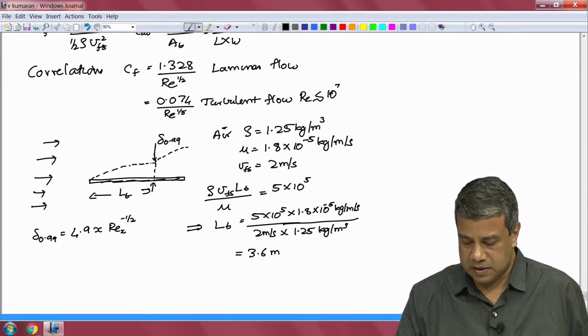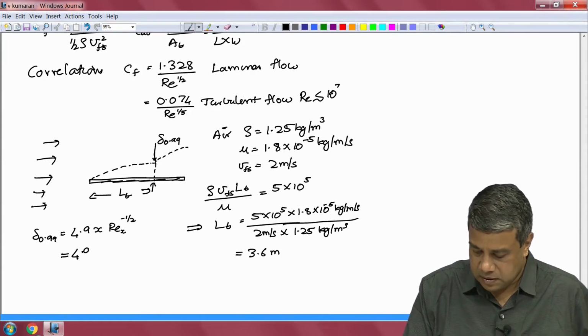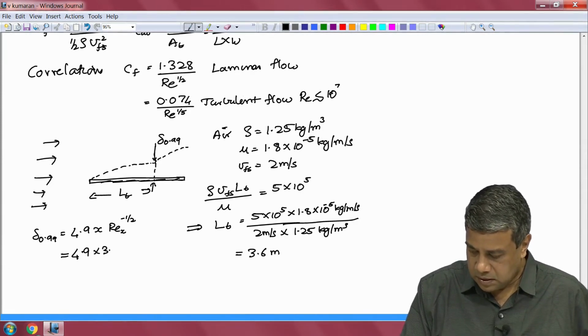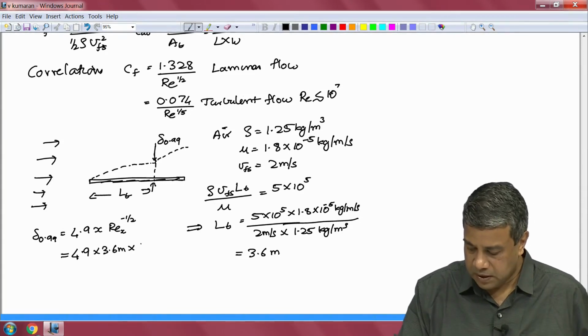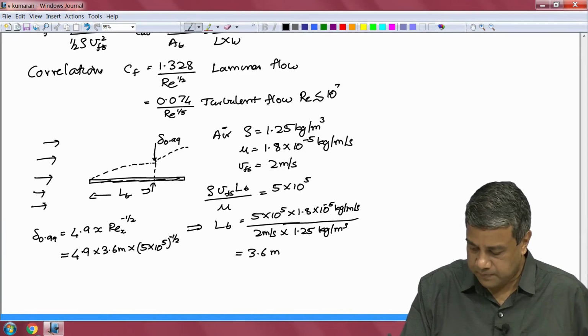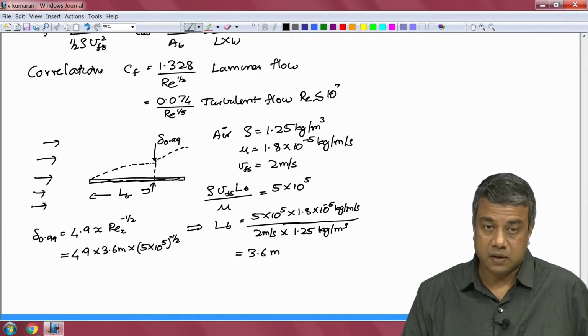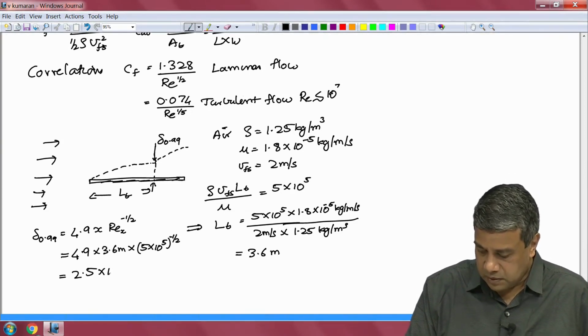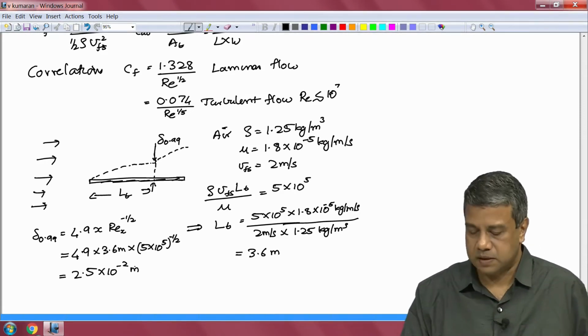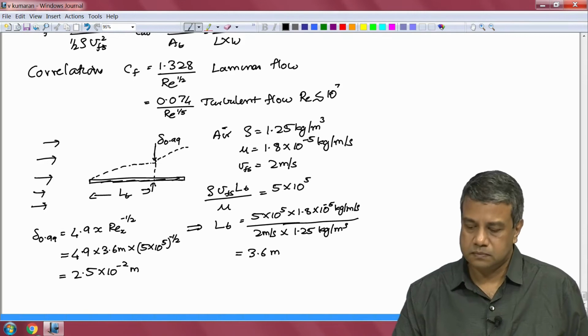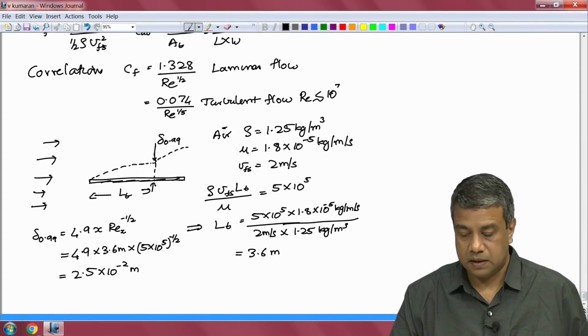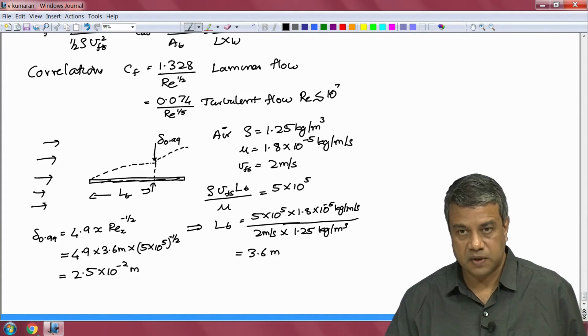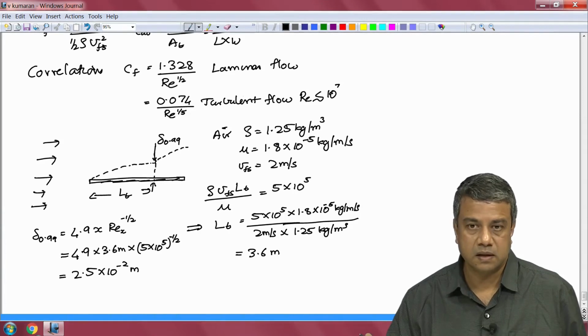And in this particular case, the downstream distance is 3.6 meters, and this is 5 into 10 power 5 is the Reynolds number, to the power minus half. And you can do this calculation. You will find that this is approximately 2.5 into 10 power minus 2 meters. So, at a downstream distance 3.6 meters from the leading edge, the thickness of the boundary layer is only 2.5